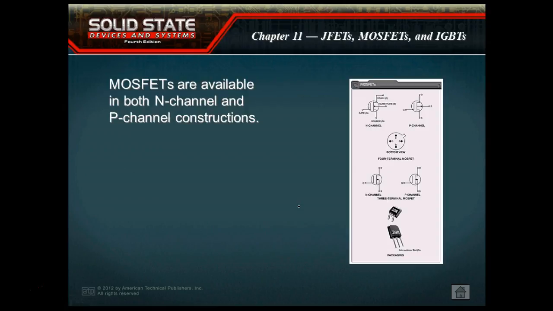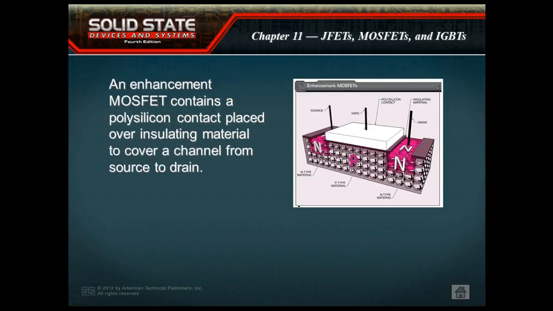We talked about some of the advantages of FETs, and then we moved into our metal oxide semiconductor field effect transistors, which we refer to as MOSFETs. The first MOSFET we looked at was what we called an enhancement mode MOSFET, which means we have absolutely no channel until we put a gate potential there. As soon as we put a gate potential there, it creates an electrostatic field which comes in and pulls electrons